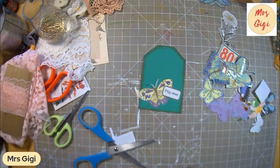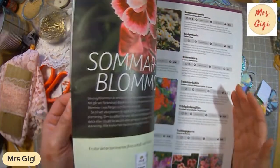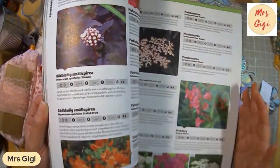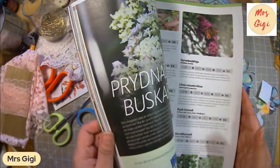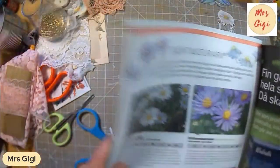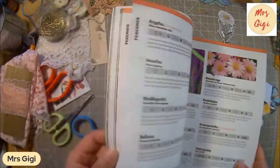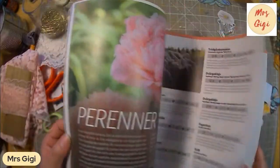And then let's look into this magazine that we have. Let's see. Flowers like roses, of course, is a nice one to use, but let's look into some other cute little thingies. Let's see, I like those. It's a little bit too big. Let's see, there are so many nice ones. Almost to the point that I don't want to cut anything out, but